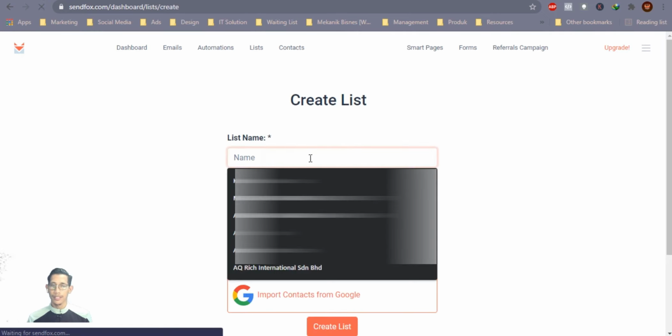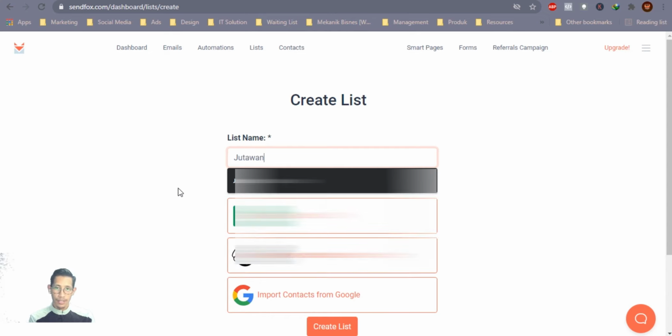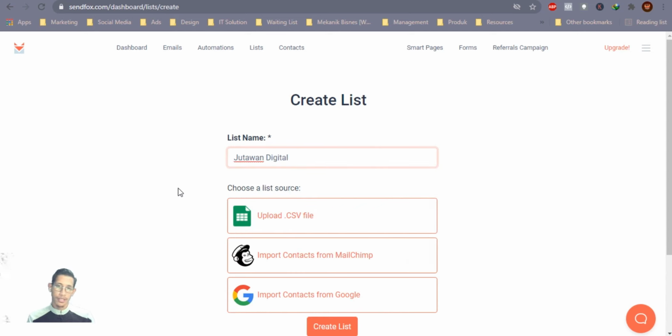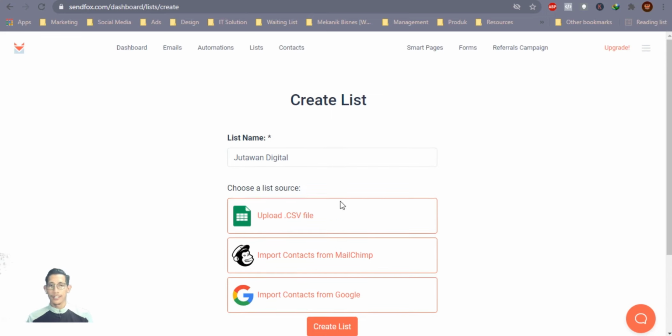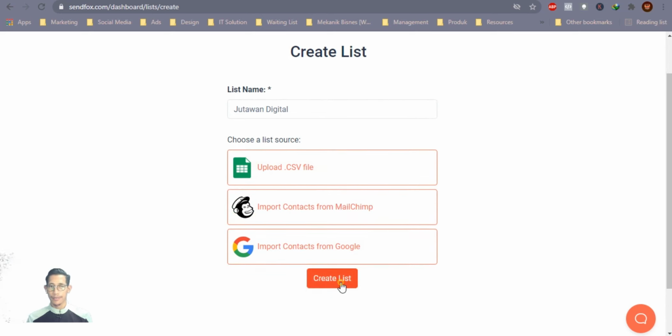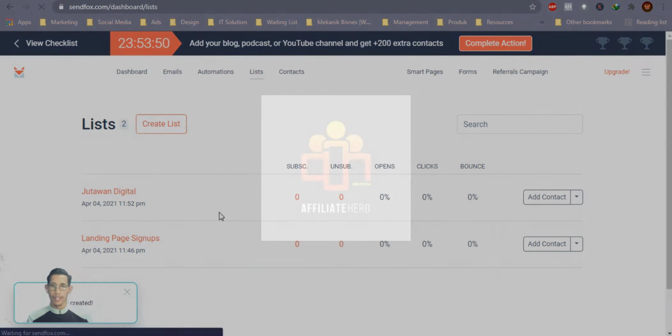Create kat sini. Alright, so untuk affiliate hero you boleh letak apa-apa je nama. Ini untuk rujukan you saja, so saya letak kat sini sebagai jutawan digital. Alright, jutawan digital sebab dalam modul ni saya nak explain tentang macam mana you nak set up untuk jutawan digital punya produk. So klik jutawan digital, so dia suruh you pilih source, sumber list you. So tak ada, kita tak ada, just create list, abaikan dan create list, klik je, so you dah ada list kat sini. Alright, so